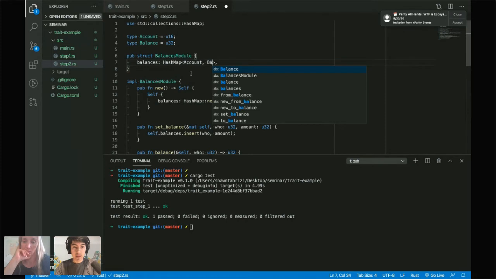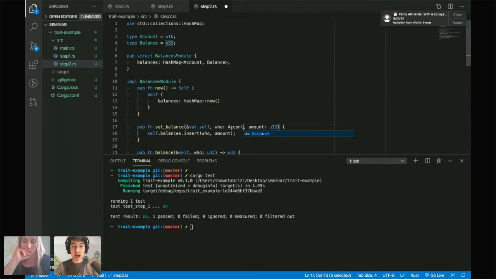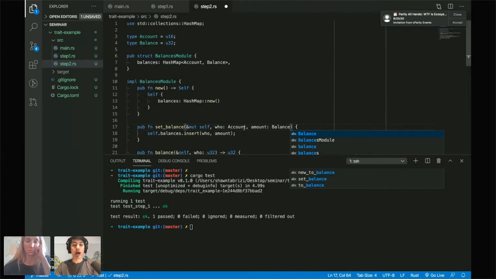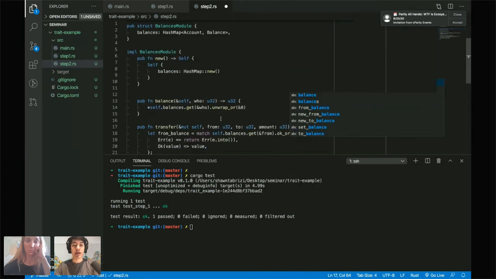Balance. And you can kind of see where I'm going here. So this would be one step in a better direction, where now if I wanted to change the types again, I would only need to update the type alias up top. And one thing that this doesn't do is, if I had these two types be the same alias, if they were both U32, they would actually still be interchangeable. I could still accidentally pass an account as a balance.